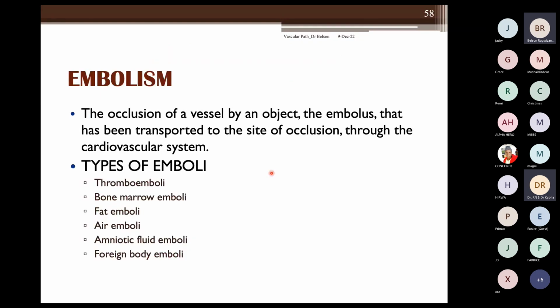So for embolism, we have seen the types. We have a thrombus, the one arising from thrombosis, and emboli from the bone marrow, especially